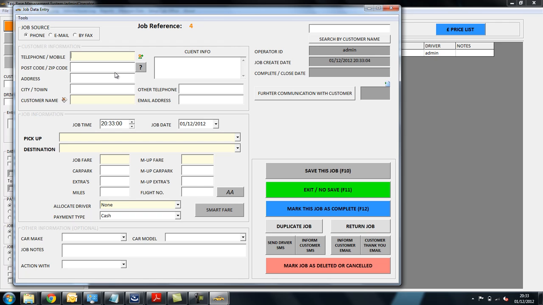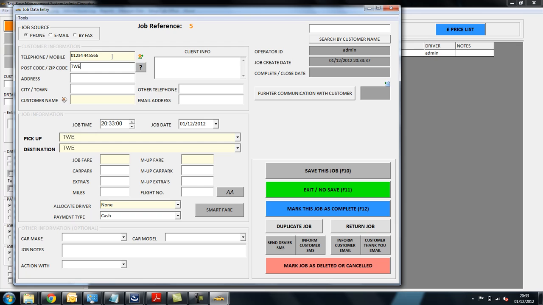It launches this new window and it's called focus on telephone. As soon as I press a number, it's automatically picking the telephone up. That is, when this customer came for the first time, his details were recorded into the system, and now the system is just auto completing it itself. So you can, if it's the same number, choose it by clicking anywhere, or if it's a brand new customer, then you have to enter the new number. So I'll just create a brand new customer,